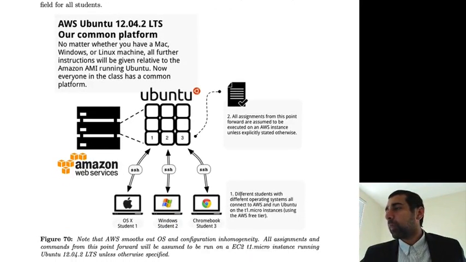So you can imagine many different students. One person is running OS X, one person is running Windows, one is running a Chromebook or something even more exotic, and all of them can connect via SSH to their own T1 micro instance, which is a slice of a much larger computer. And all assignments from this point forward are assumed to be executed on an AWS instance